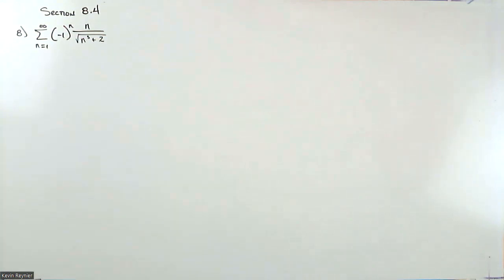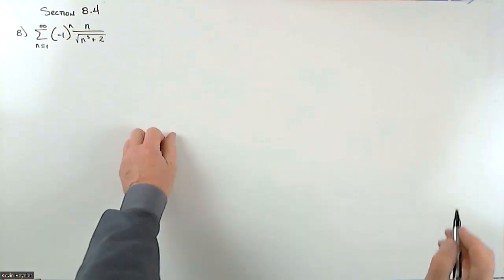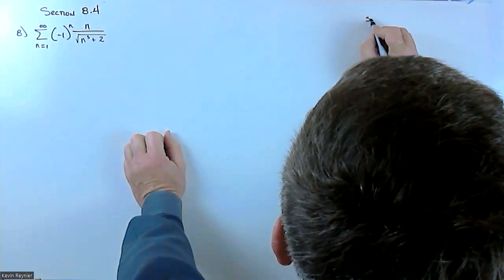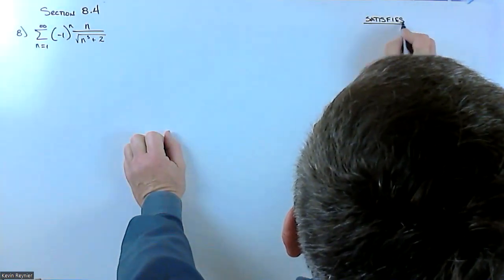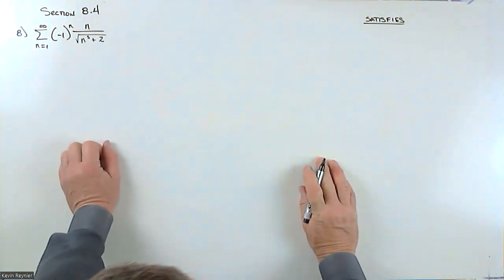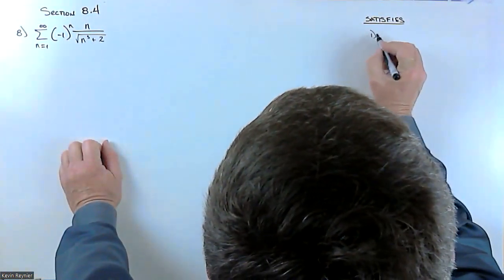Now, the alternating series test is one of those tests which, once we know how to use it, as long as we don't abuse it, most people have nothing but joy for. They like the alternating series test. It says if you have an alternating series, all you have to do is satisfy 2 conditions. You've got to be decreasing,